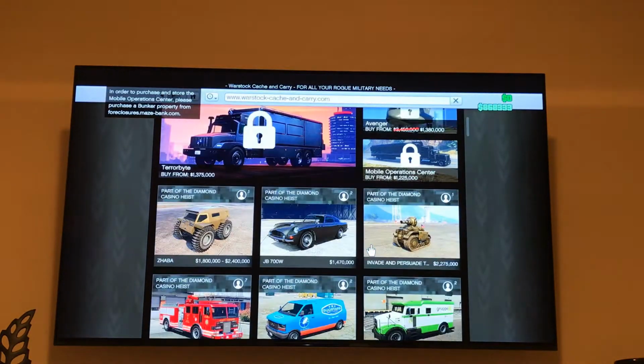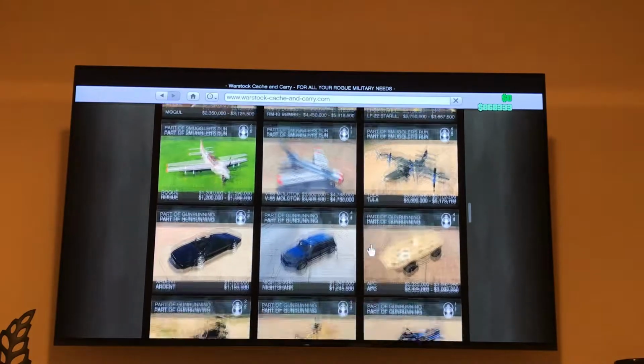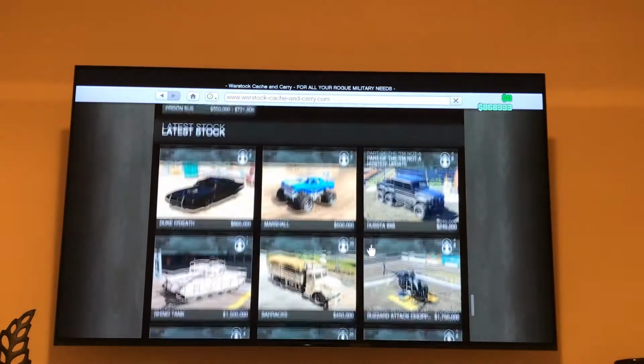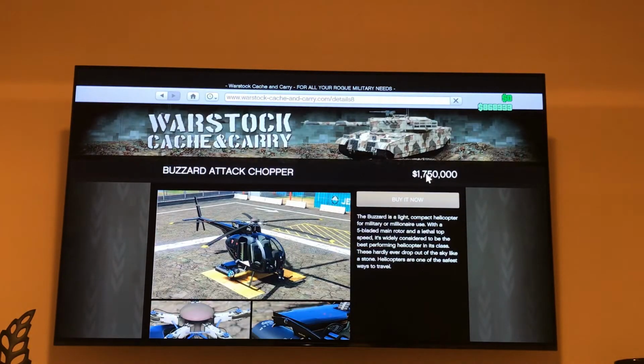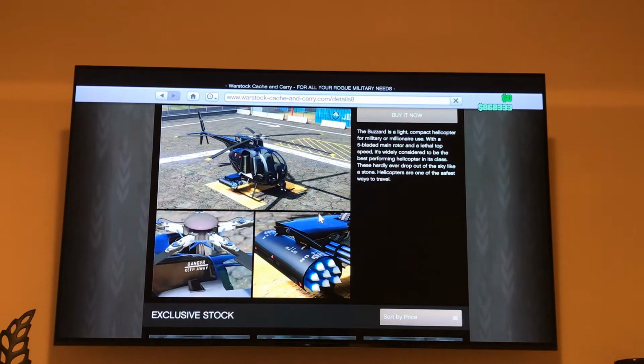However, I think it is a very good helicopter. Now, the one downside to this is that you are unarmored, but it comes with missiles and machine guns. So right here, I was right, it is $1,750,000, and it is very expensive, but it will make your life a lot easier in general, not just